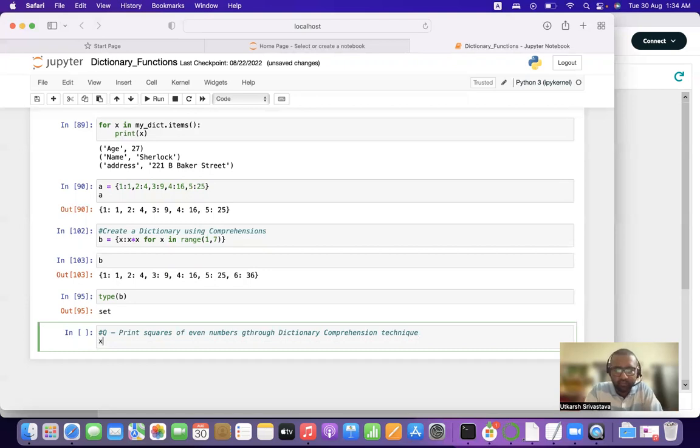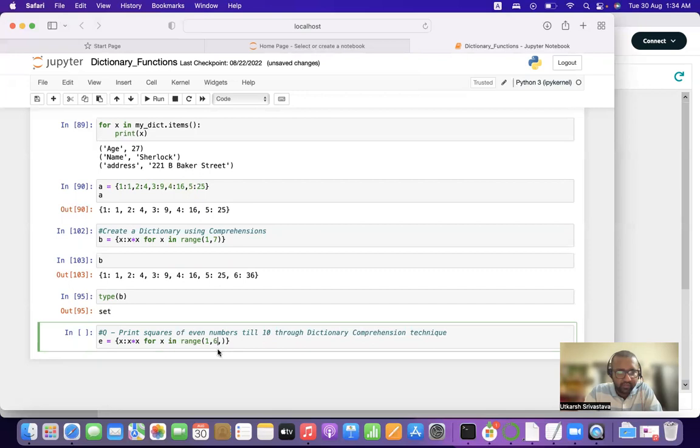So it is very simple. Just write E for even over here. So curly brackets. All right, x into x, and for x in range 1 comma 6,